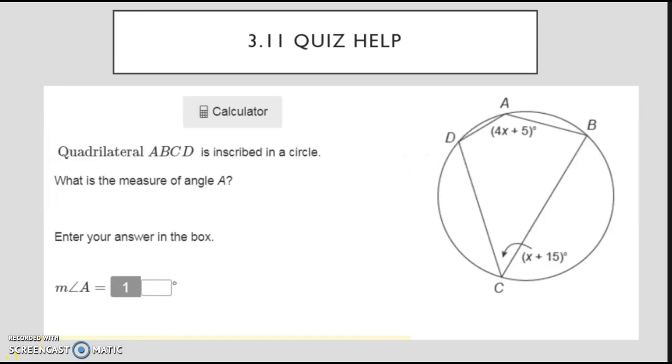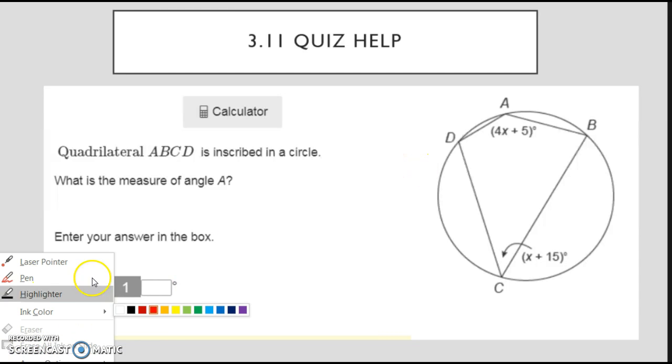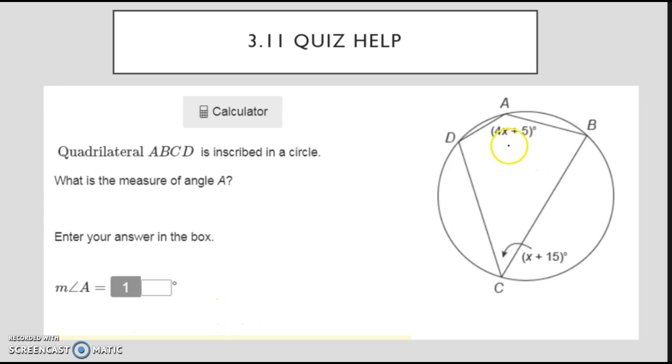So we're going to look at your 3.11 quiz, which talks about inscribed quadrilaterals. So quadrilaterals with all the vertices lying on the circle. And we want to know here what the measure of angle A is. Well, the big property that you need to remember when we're dealing with inscribed quadrilaterals is the fact that opposite